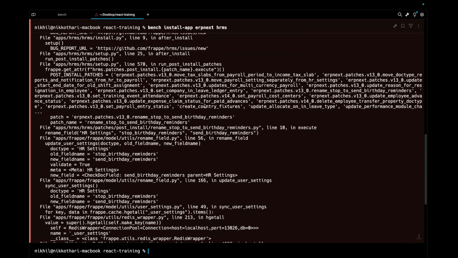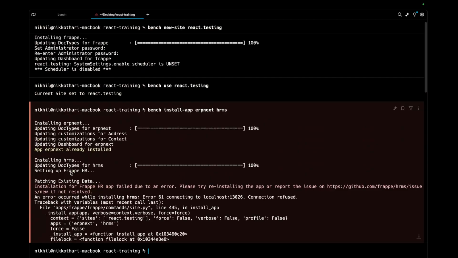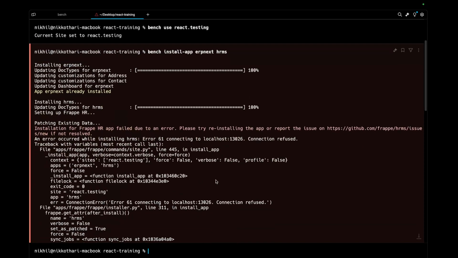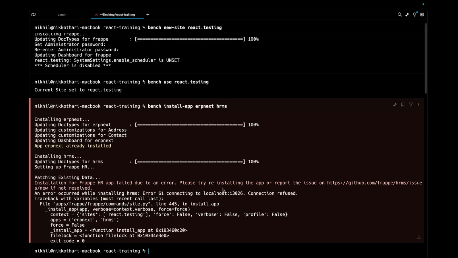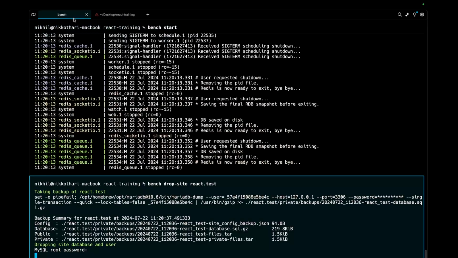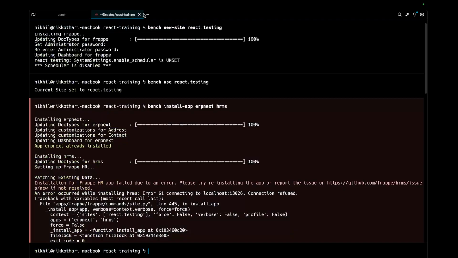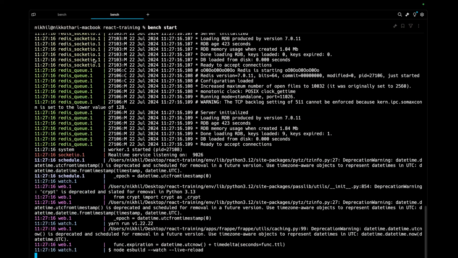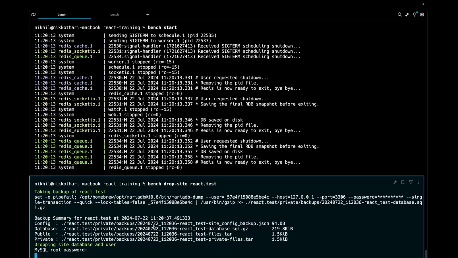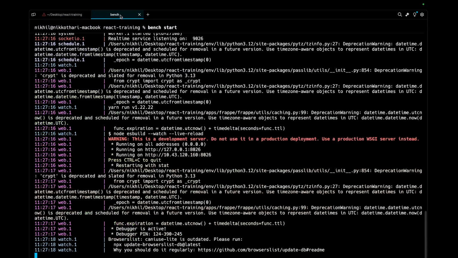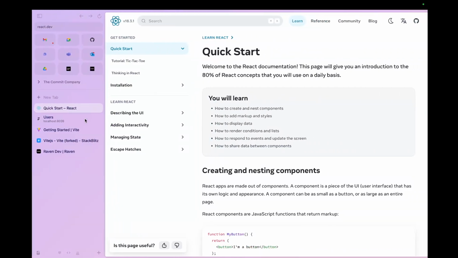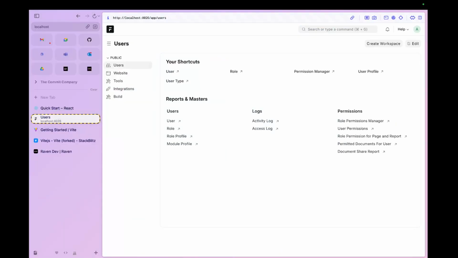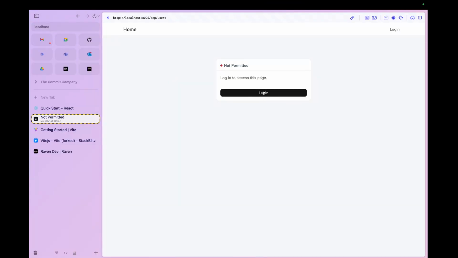Okay, yeah, I think this is fine, right? This error always comes whenever we install Frappe HR, at least on my local machine, basically because bench is not started. Let me now start bench, and let me close this. Yeah, okay. And now if I go to localhost 8025,